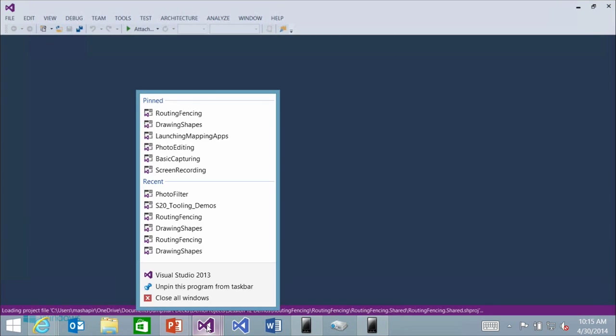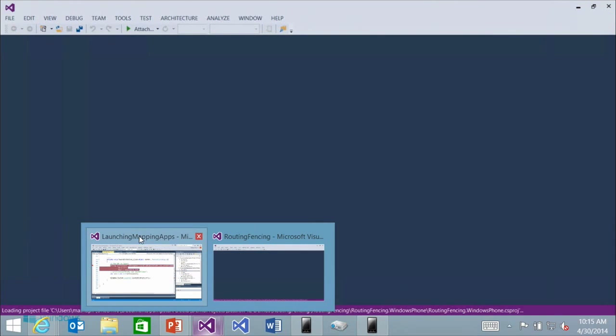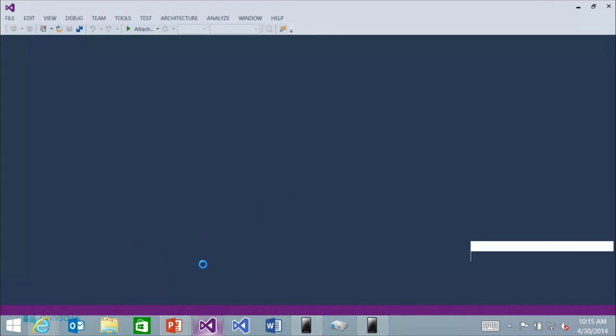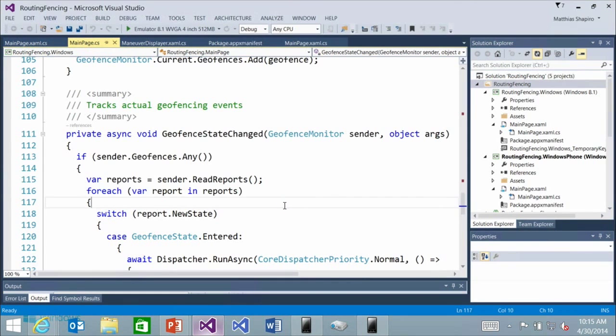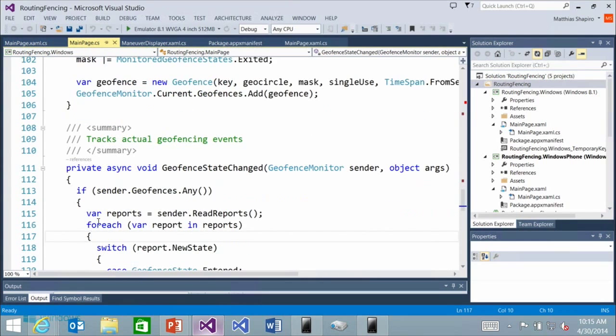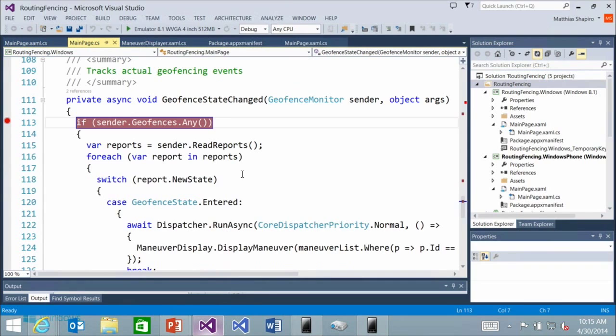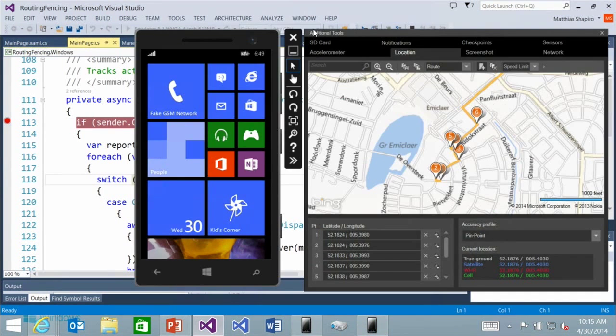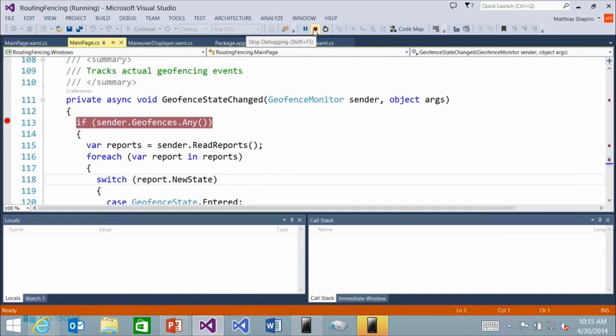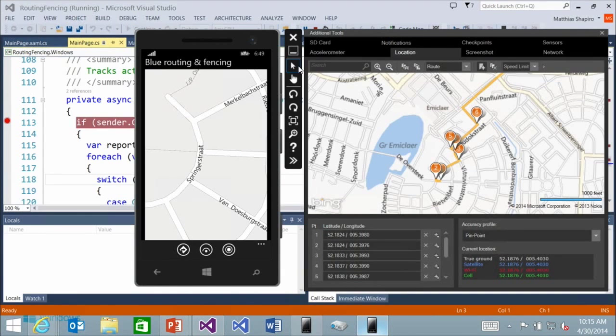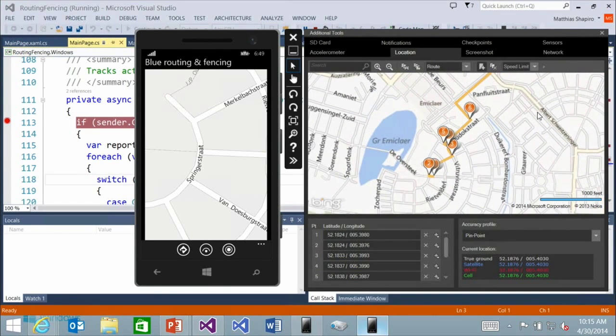I try to lean up my system here by closing all of my applications while my geofence loads up. Okay, we should be good here. Looks like I've got all my breakpoints in place. We're actually going to run this on the emulator and not on the device. Part of the reason is because I'm not going to take a camera and run outside trying to trigger geofences. But the second reason is because we've got this really cool location simulation inside of our emulator, and I think it's great to show that off.